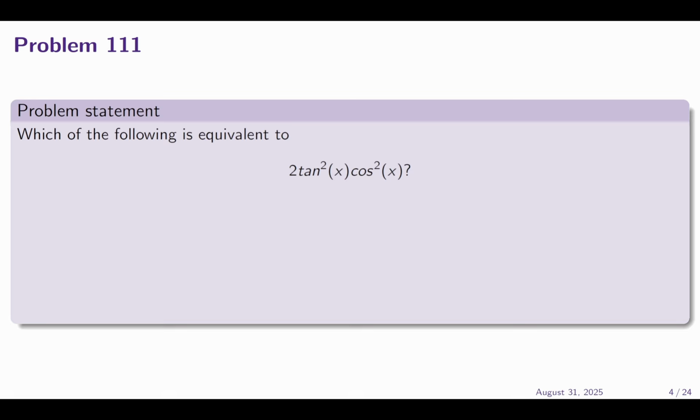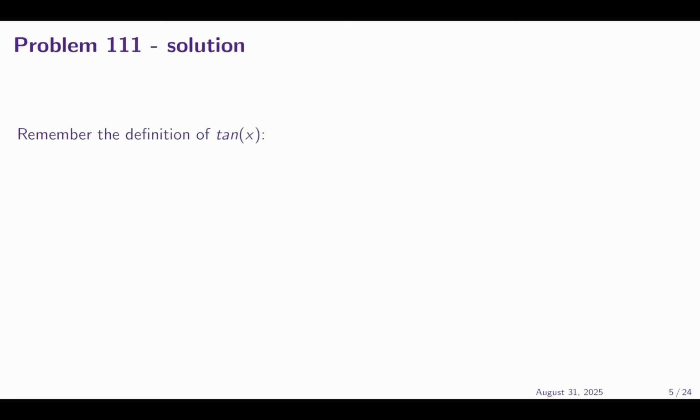Which of the following is equivalent to 2 tangent squared of x cosine squared of x? 4 sine squared of x, 2 minus sine squared of x, 2 times 1 minus cosine squared of x, or 1 divided by cotangent x secant of x. First thing we need to remember is the definition of tangent of x, which is sine of x divided by